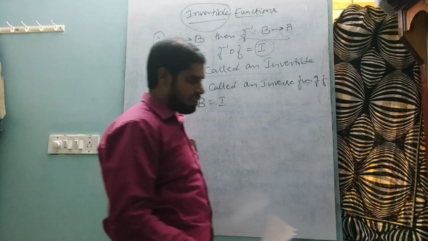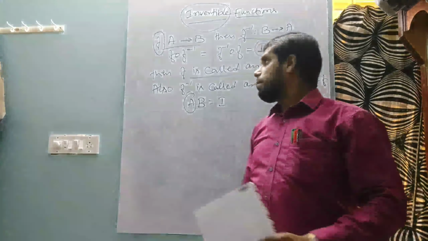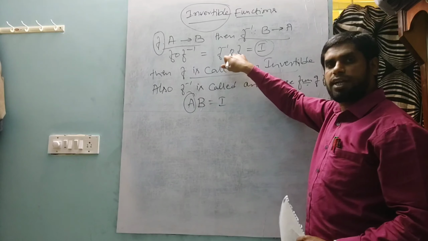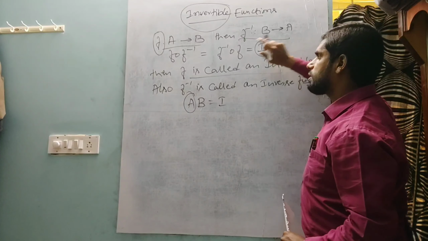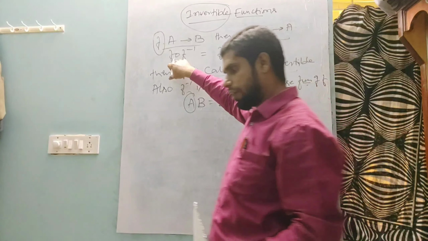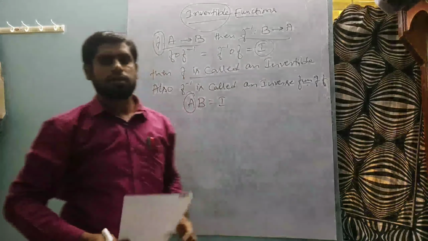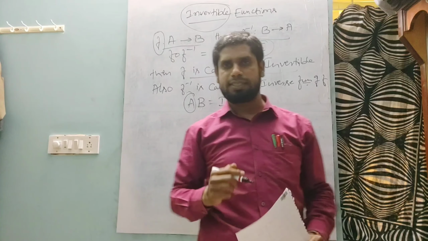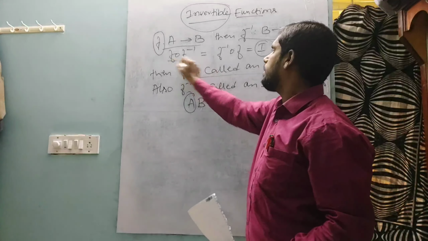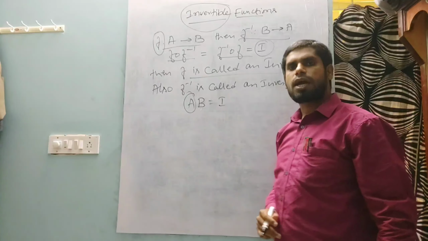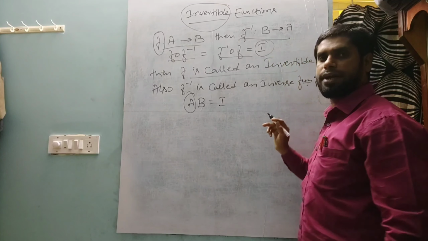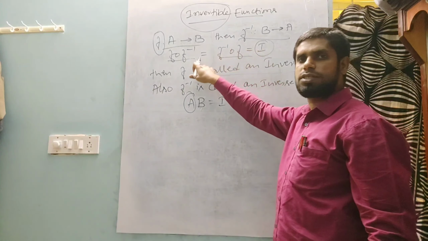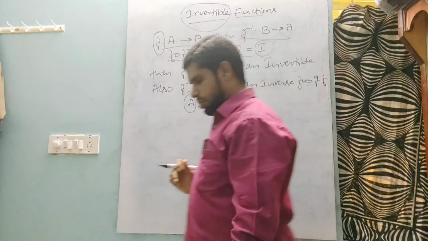Student, after the definition, let us go to the problems. Before that, I told you that if we take the composite and get identity, then f is invertible. Now, to prove any function is invertible, there are two methods. The first method is based on composition. In the composition, we should always get the answer as identity. Either we take f of f inverse or f inverse of f; in both cases we want identity. So this is one method.